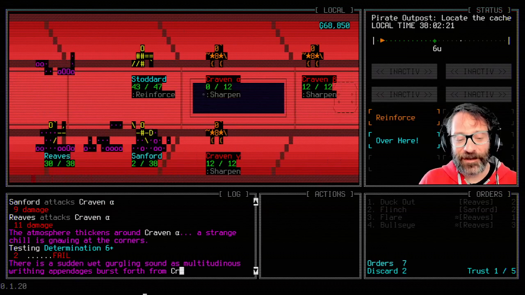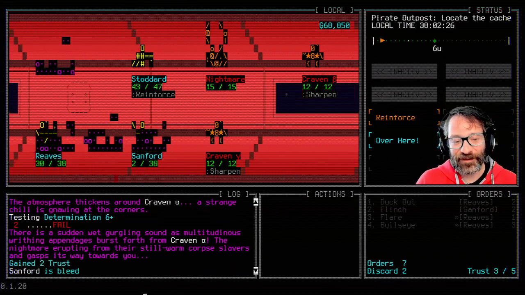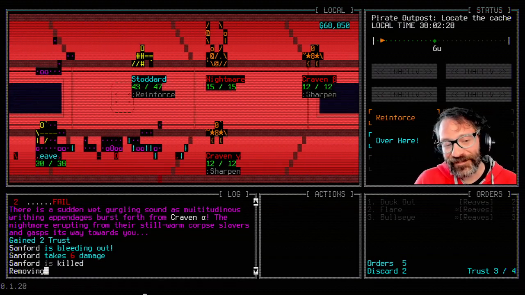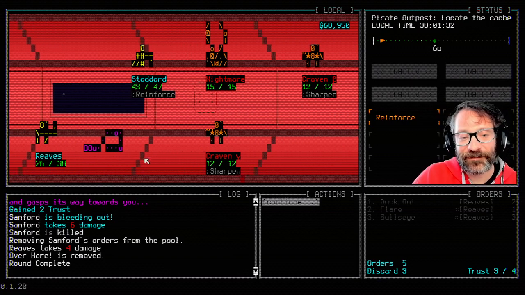So this was a poor choice, possibly, coming to this mission on my behalf. Oh, goodbye. We'll see how we go